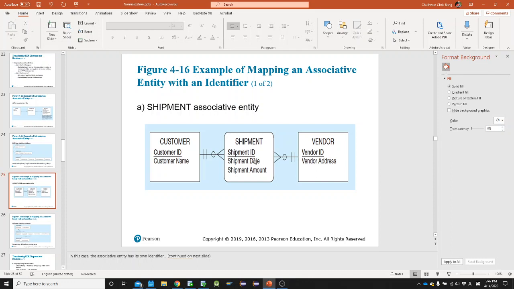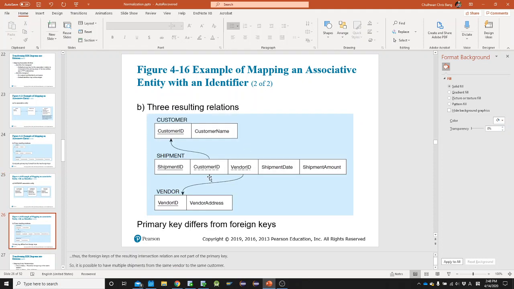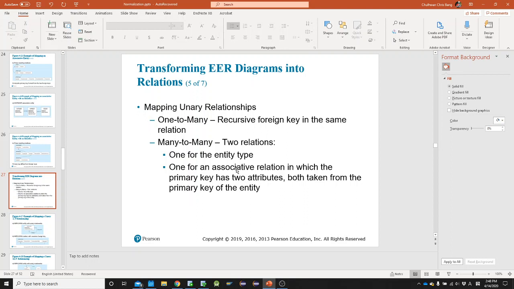But we all know shipment refers to customer and vendor. To refer to customer and vendor, customer ID and vendor ID need to be kept and recorded in some way in shipment, right? So that's why we have customer ID and vendor ID. Okay, so